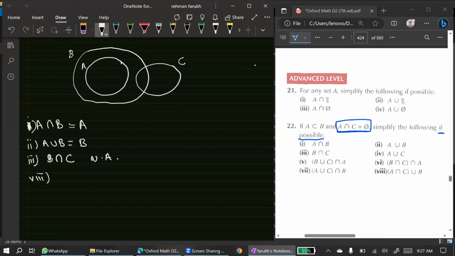OK. A intersection C union B. Now, what is A intersection C? First of all, we will solve this A intersection C. What is A intersection C? Look at the diagram. Yes, phi. And phi union B is equal to,